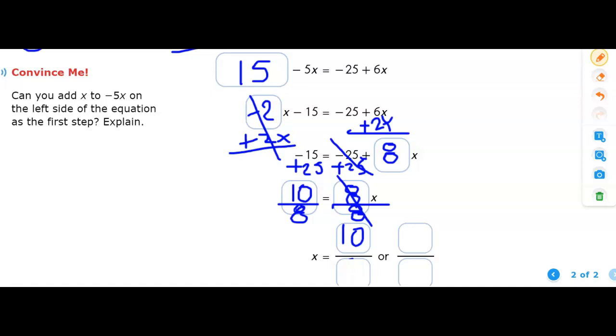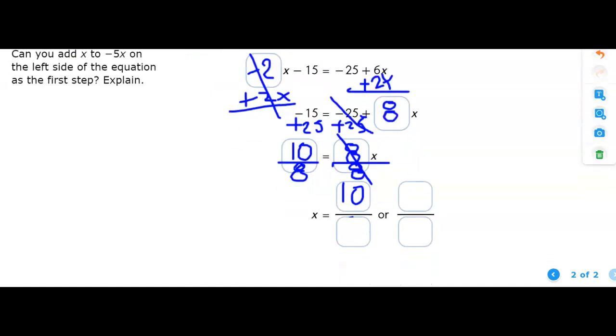Why is it not writing? It's 10 over 8. Why is it not writing right here? Okay,